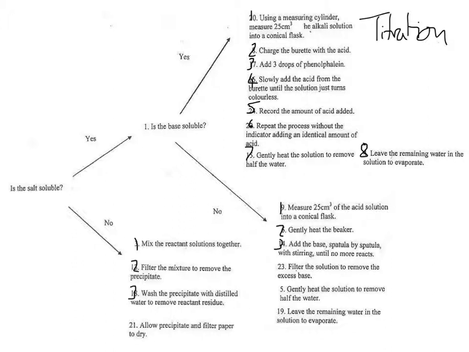Now, if you're preparing a soluble salt and the base was insoluble, you need to use this method. Now this is the method we used when we prepared copper sulfate using sulfuric acid and copper oxide. Copper oxide is an insoluble base, it's a black powder, and we added that to the sulfuric acid until no more reacted. We then filtered the excess copper oxide out, and then to the remaining solution we gently heated it to remove half the water, and then we left the remaining water to evaporate. And that was the method we used,